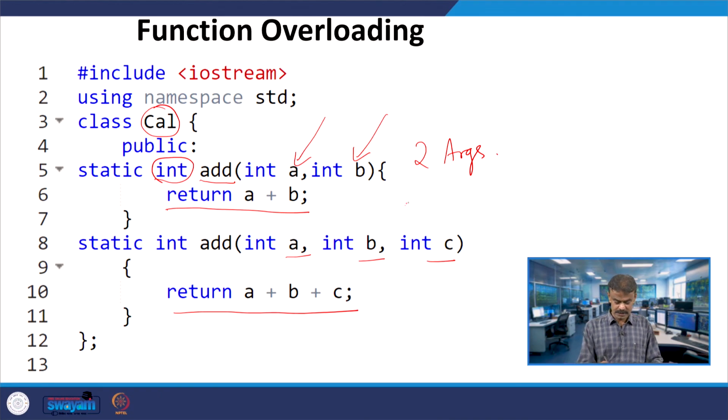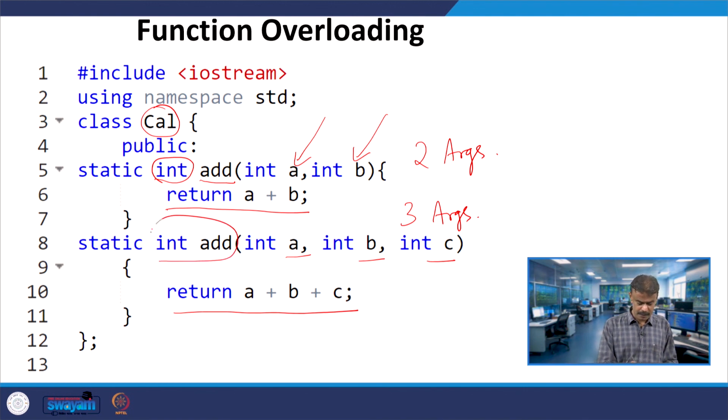So, this is 3 arguments. You have 2 functions of the same name. These are all member functions under the class cal. So, you have 2 member functions, one with 2 arguments, another with 3 arguments.